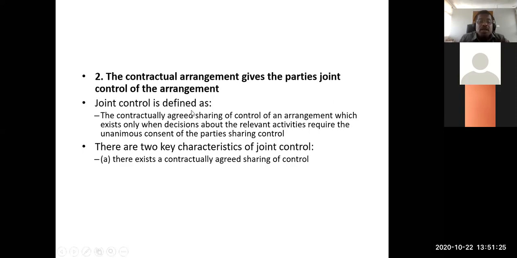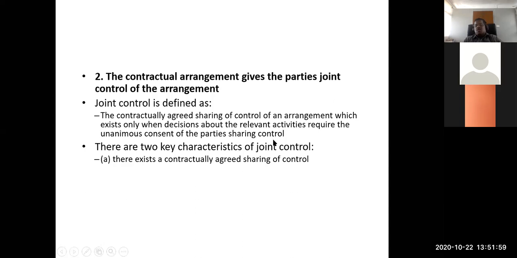You see what is joint agreement, joint control. The contractually agreed sharing of control. Now you are sharing the control. Sharing the control means what? Your power, your right to get variable returns. Can you remember that we defined control? Now this control is shared. It is an arrangement which exists only when decisions about the relevant activities require the unanimous consent of